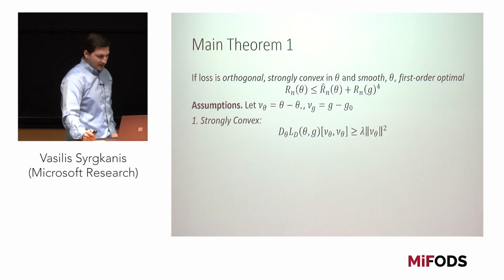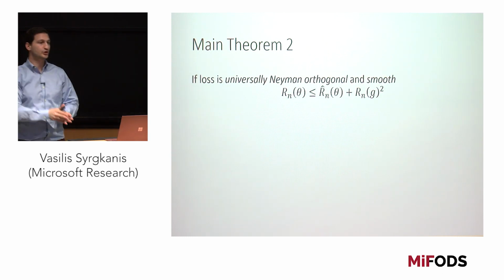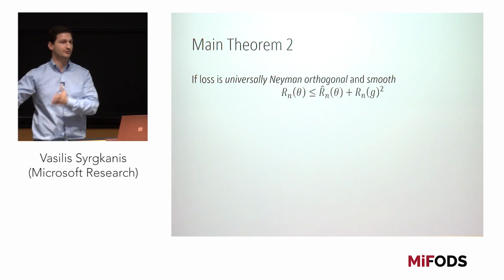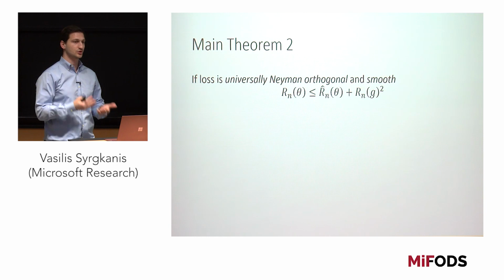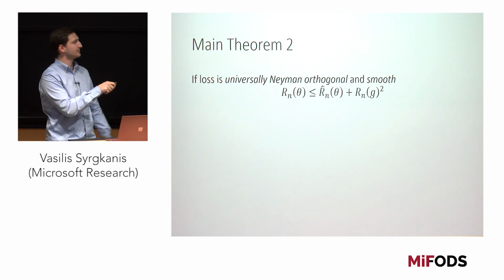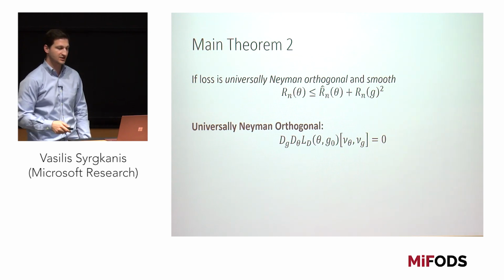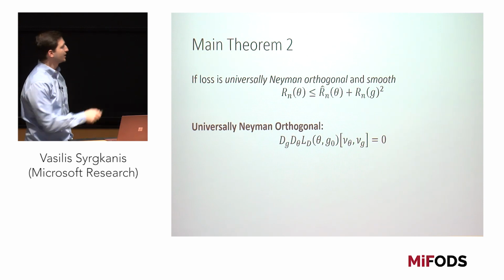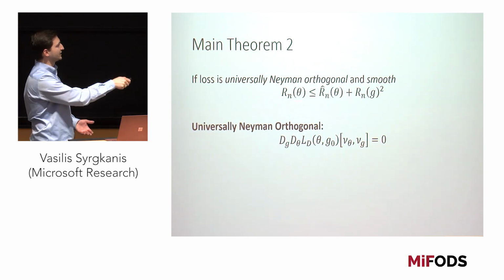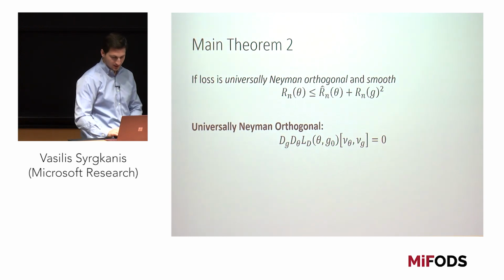Okay, so I'm not really going to talk about all of this. I think I'm also sort of running out of time. The other result that we have is for the case where you don't have strong convexity. So the case, for example, of policy learning, where our loss was linear, so it was not strongly convex. Then if we make a slightly stronger assumption of universal Neyman orthogonality, which basically says that this cross derivative is 0 not only at the true theta, but at every theta, then we still get this second order dependence from the first stage estimators. But here, because we expect slow rates, 1 over root n rates, we get the square and not the fourth moment.